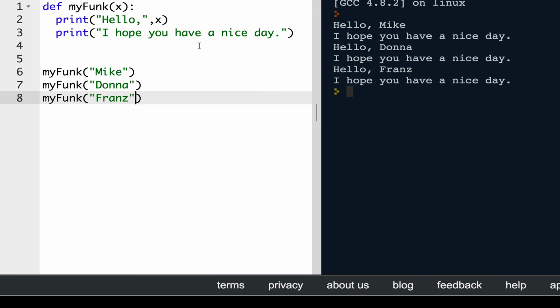And now the same procedure executes 3 times and each with a different value. So that's a brief introduction to functions. They really are named sub-procedures, and